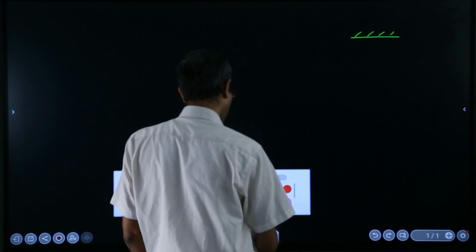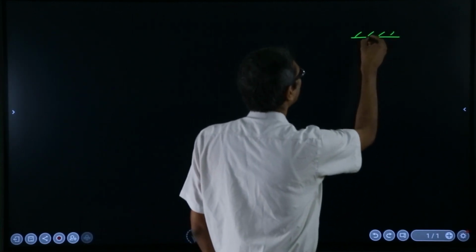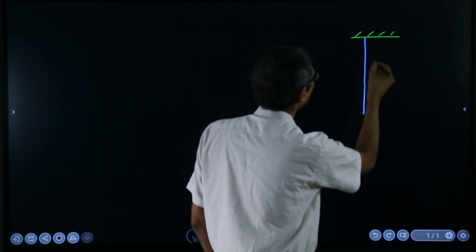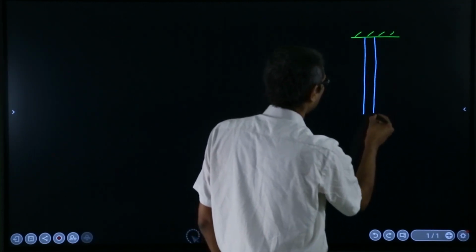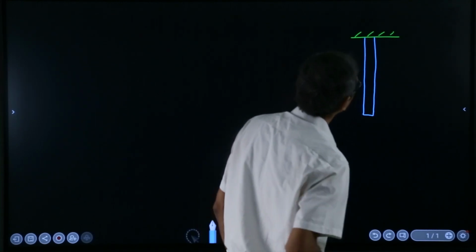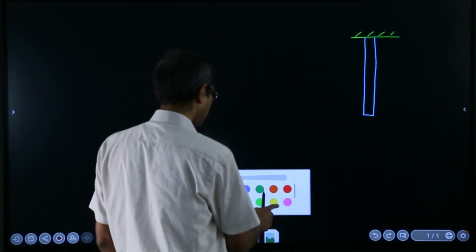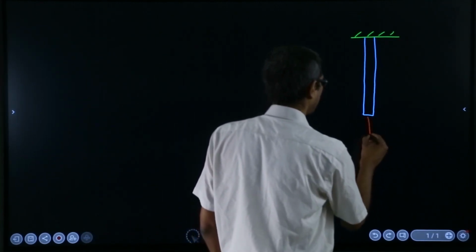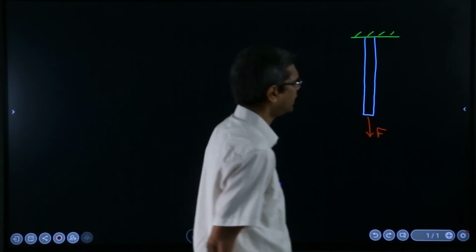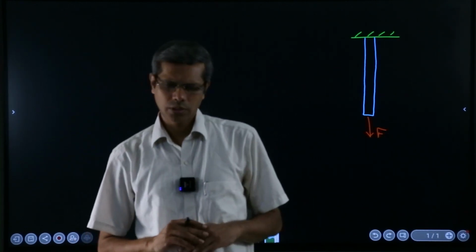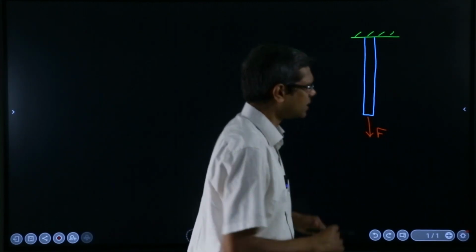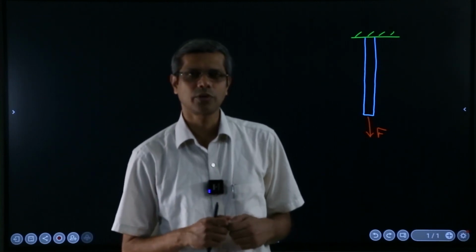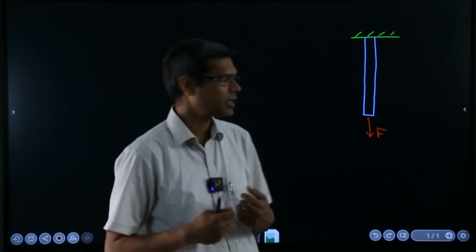For example, you have a prismatic bar like that, which is fixed to the roof maybe, and then you are applying a force F here. So this is the simplest example where we can visualize the concepts of normal stress or the axial loading. Okay,